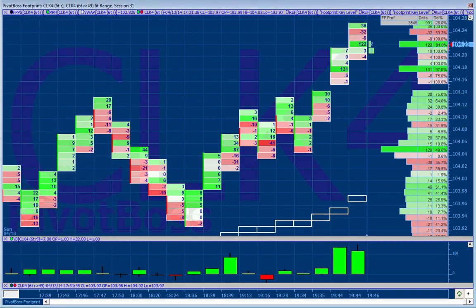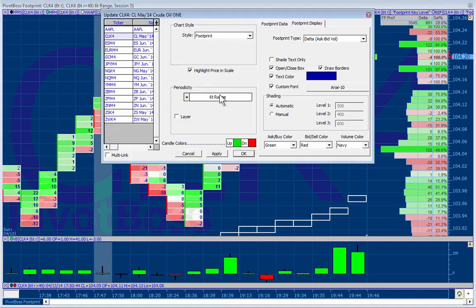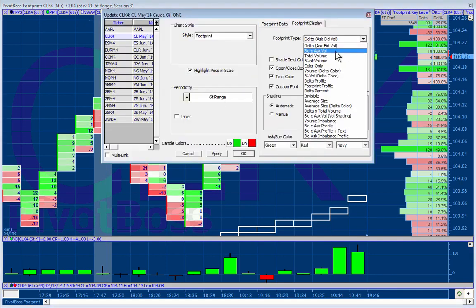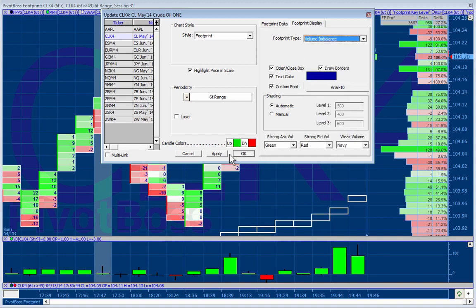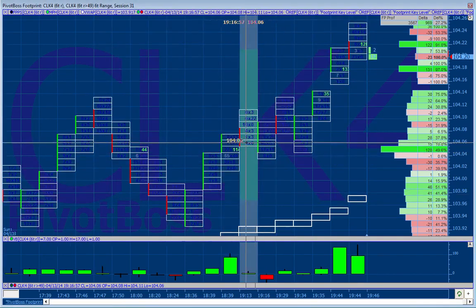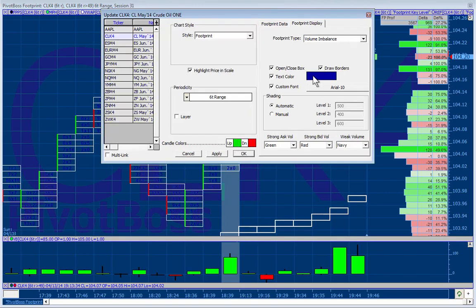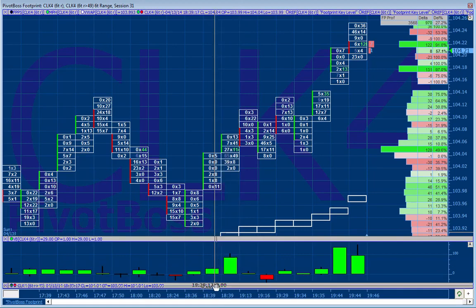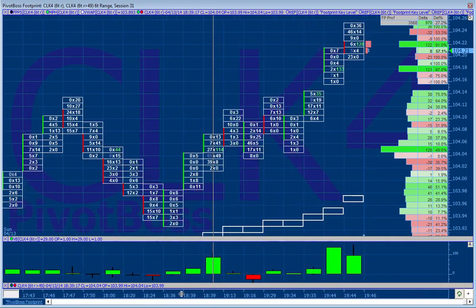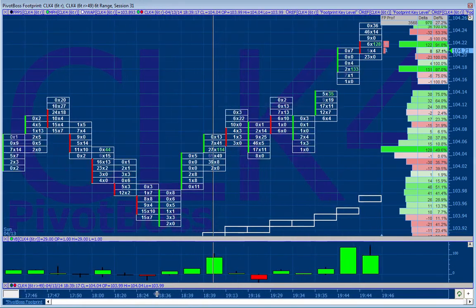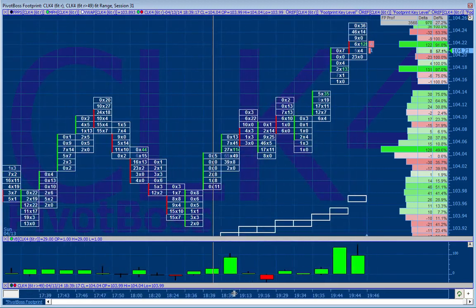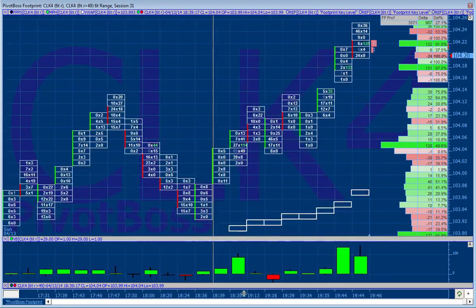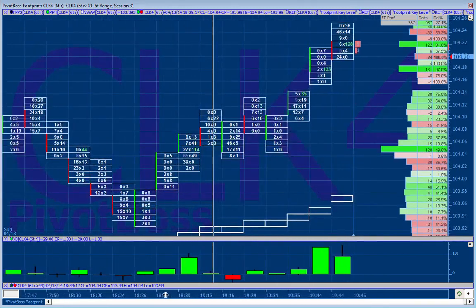The footprint chart can look many different ways. When I first started using the footprint chart, it looked like this. Okay, well, you can't really see the letters, so let's change the text color. This is what it looked like when I first started using the footprint chart. Okay, very, very important numbers here. And you can see that not much information jumps off the chart at you this way unless you're trained to see certain things.